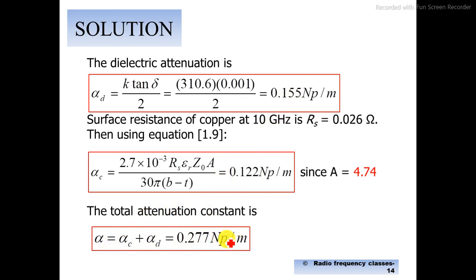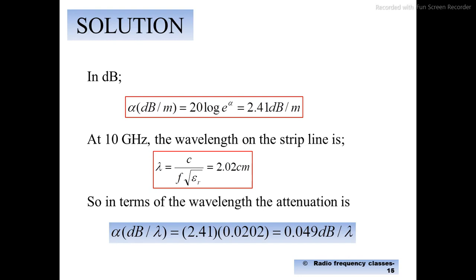Now one thing we have to discuss is that here we are getting Nepers per meter, and we have to calculate in dB per meter, then dB per lambda. So converting into dB, we know that the nature of wave propagation is that the decay is always e to the power alpha. So we have to take the log of this and multiply with 20. Why are we multiplying with 20? Because we are always talking about voltage, electric field, magnetic field and current, not about power. So we have to take it as 20. I'll explain here in the next slide.